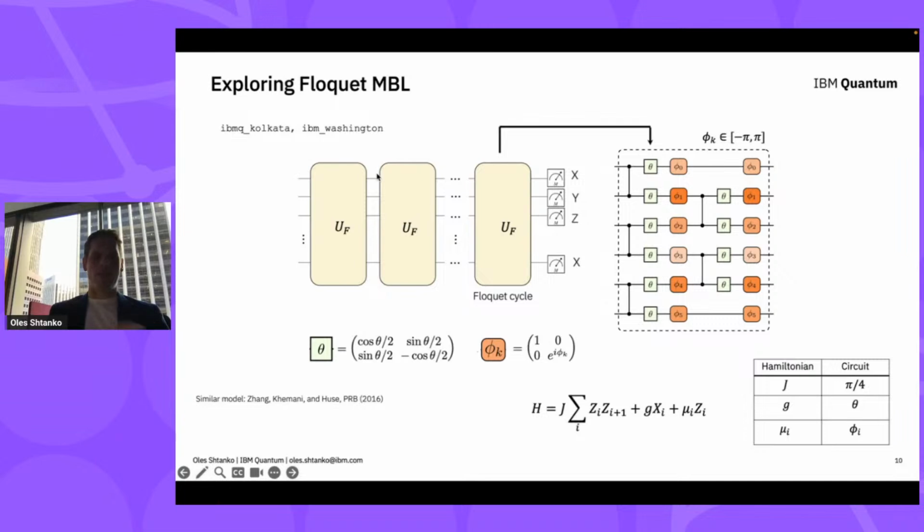As usual, we read the circuit from left to right. We have an input state on the left, to which we apply a number of identical blocks, each block containing the same gates. We sometimes call this evolution Floquet evolution, which is why we call this Floquet many-body localization. In each block, we have 2-qubit gates, and these 2-qubit gates serve the role that your ZZ term plays, in a sense.